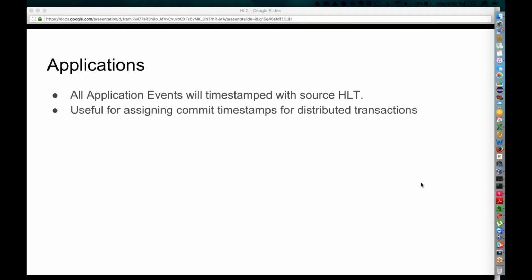Most of the time, if you're writing an application, you will not have to worry about this. This is mostly for core events and things like that. If you're going to add a core feature or make changes in the core, that is when you might want to be concerned about this. But most applications don't have to worry about this.